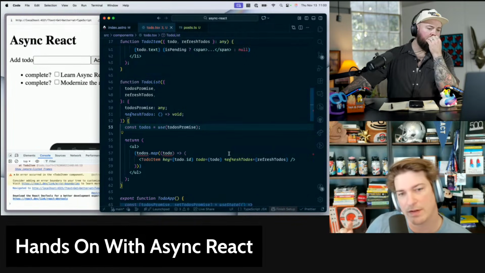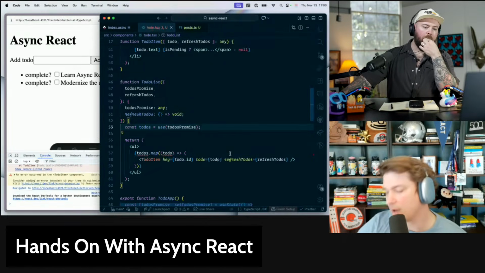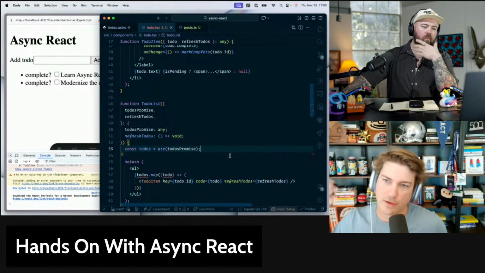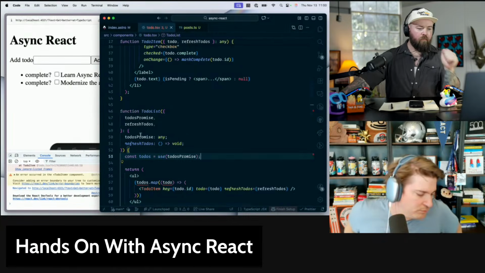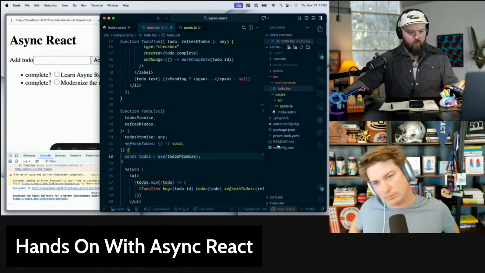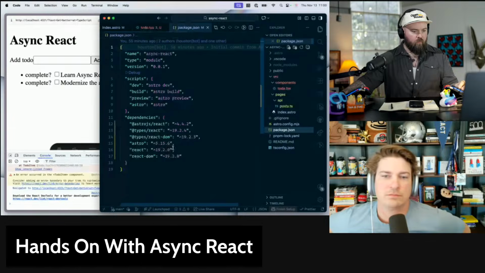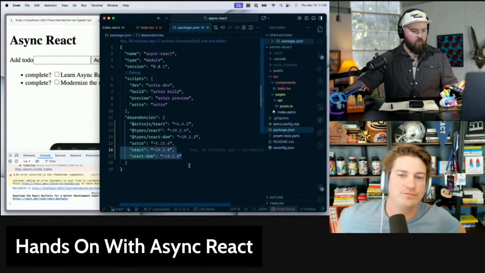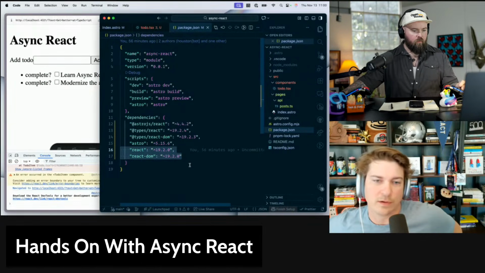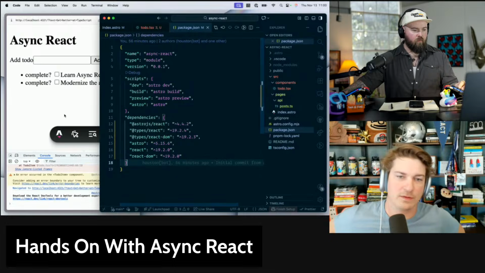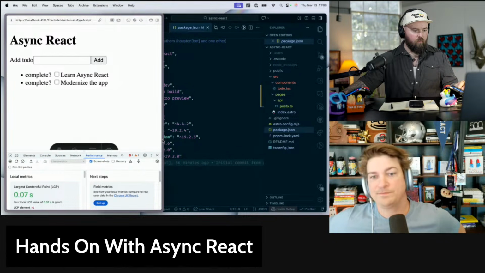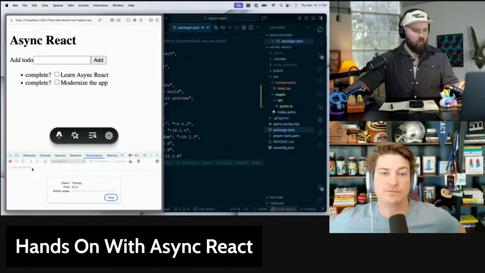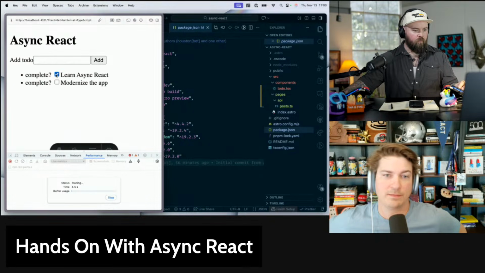Let's figure out how we can see what's going on under the hood in React. Can you check what version of React this is running? Yeah. 19.2? Perfect. Okay, so go to the Performance tab in the DevTools and just start recording, and then mark one as done. Done. Okay, stop.